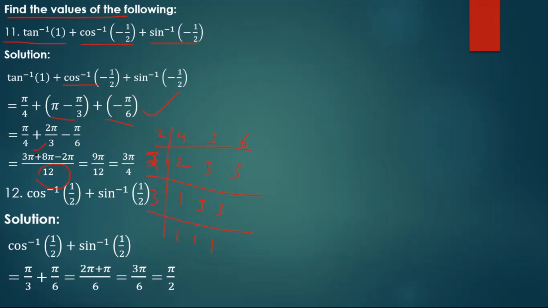So we solve this. 3 pi plus 8 pi, 11 pi. 11 pi minus 2 pi, 9 pi. So 9 pi by 12. When we solve this, 9 three times, 12 four times, so 3 pi by 4. Is it clear? So next we go for